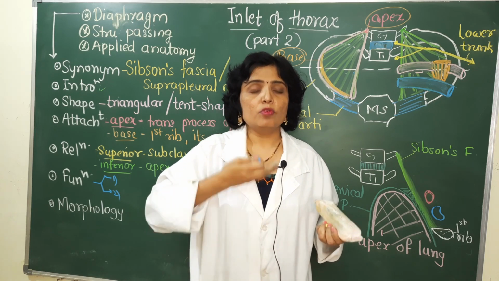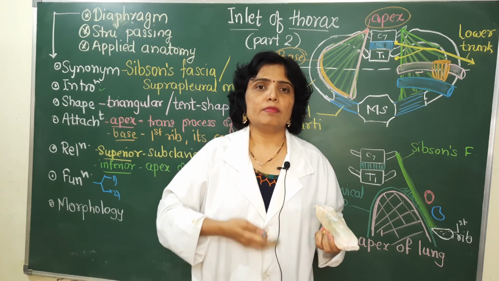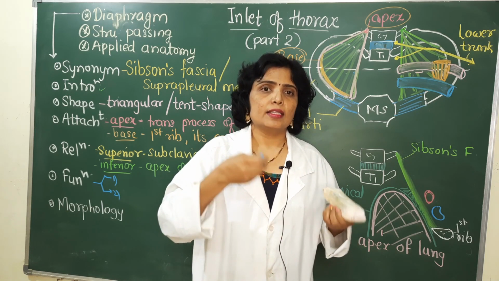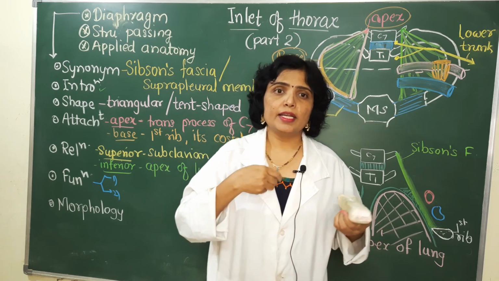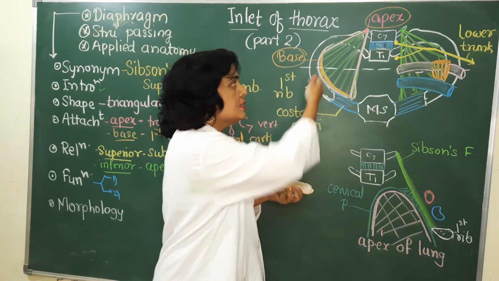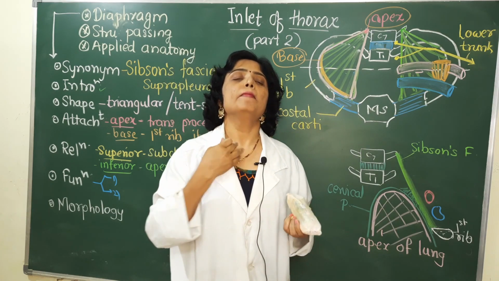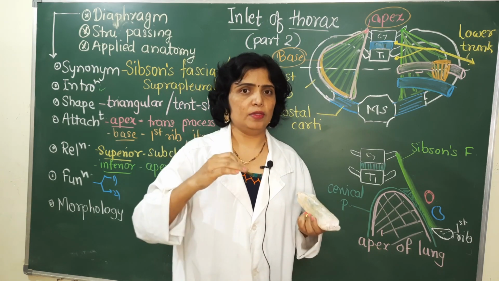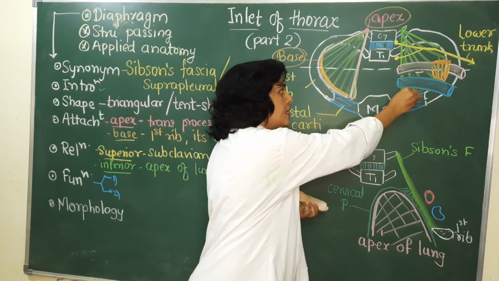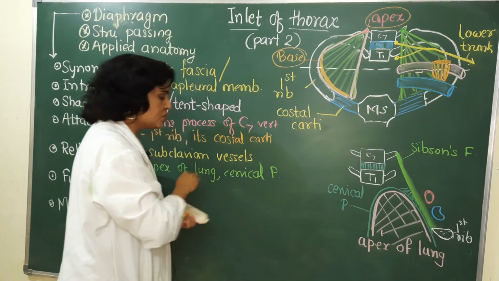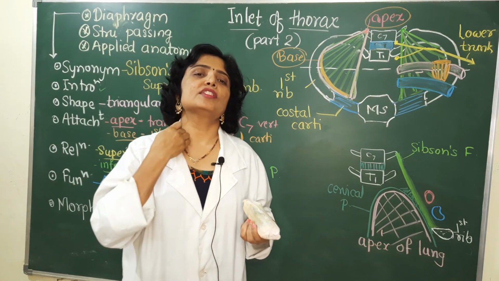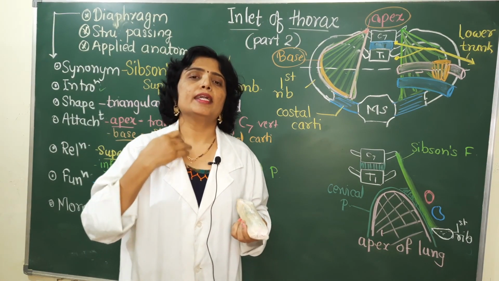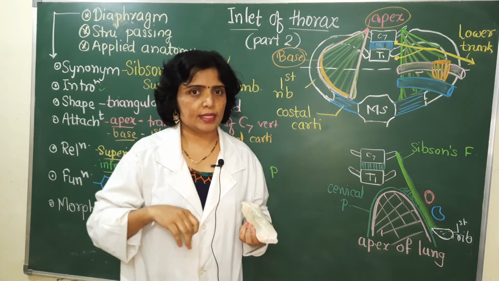So it moves up and down during inspiration, and it increases the intrathoracic pressure. Okay, so because of the negative intrathoracic pressure, the structures at the root of neck may get puffed up and down, but that is prevented by this diaphragm. So that is the main function of this diaphragm. So main function, it prevents the structures at the root of neck from getting puffed up and down during respiration.